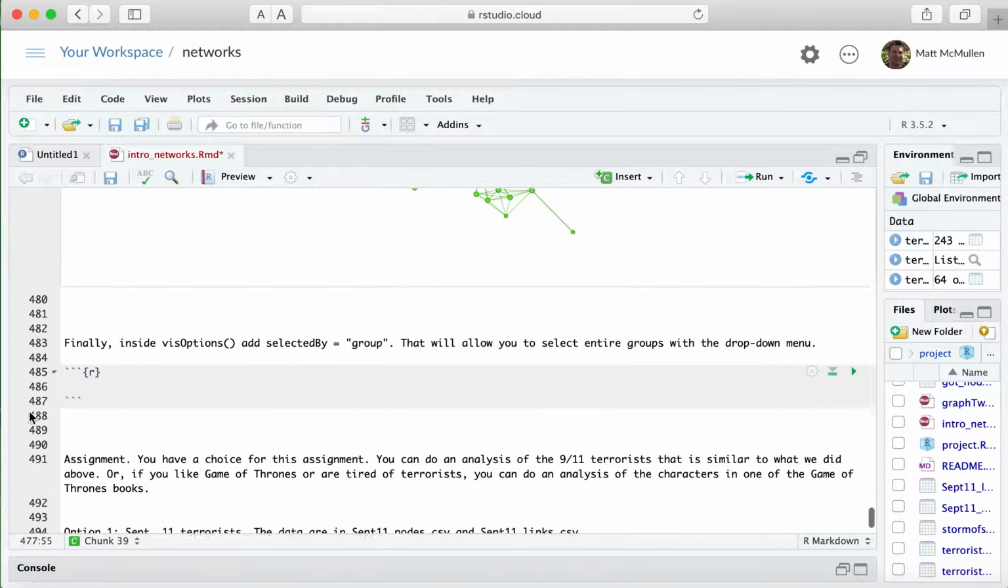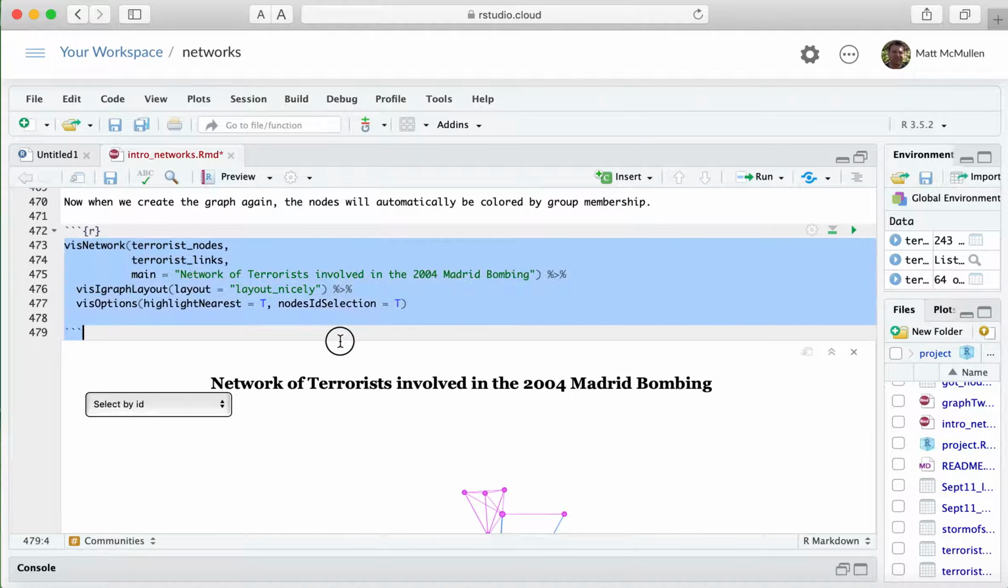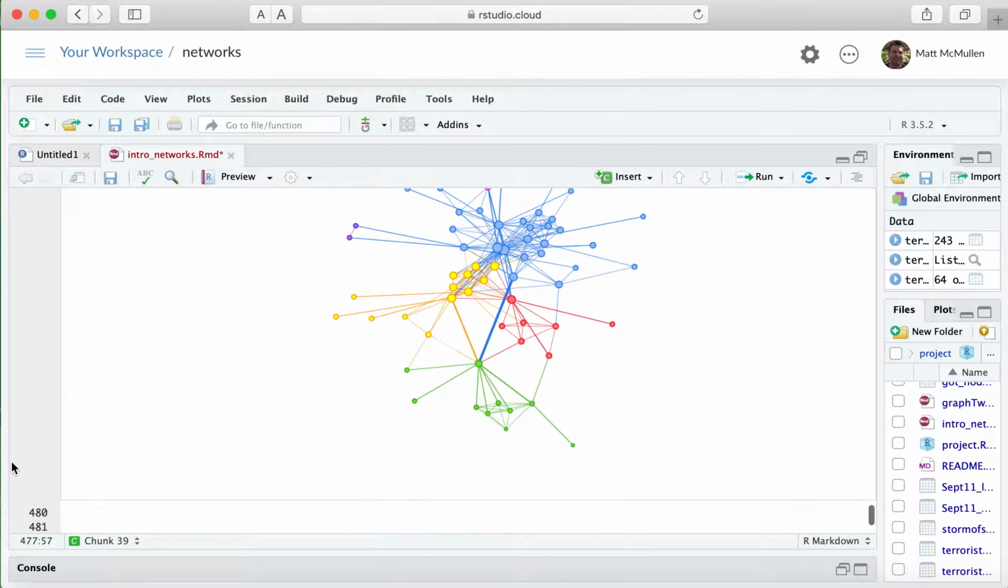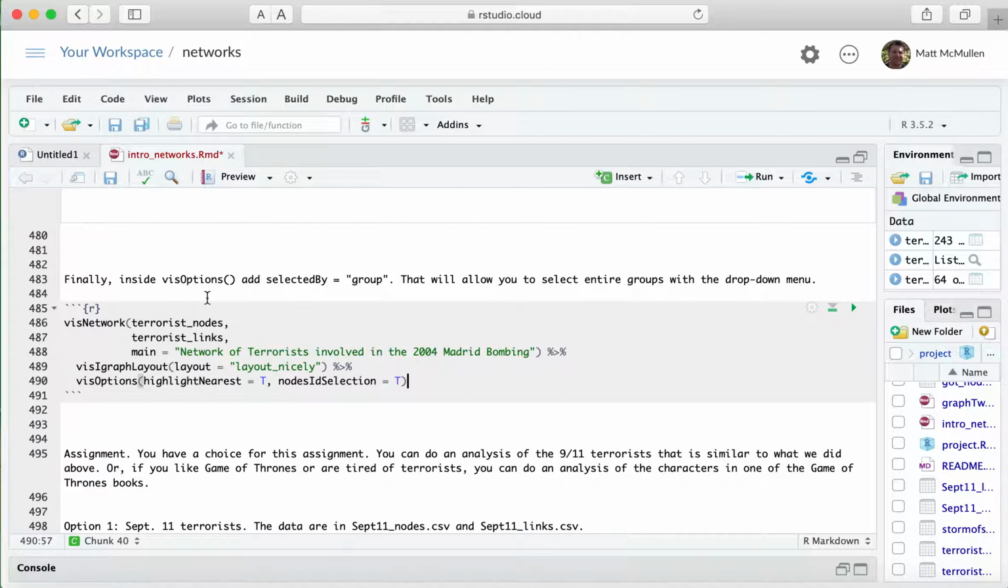Now, there's one last thing. I'll cheat here and copy this network. I wanted to show you one last thing you can do. It says here inside viz options add selected by equals group. So I'm just going to do selected by equals and then, in quotation marks, group. And when we do that and run it,